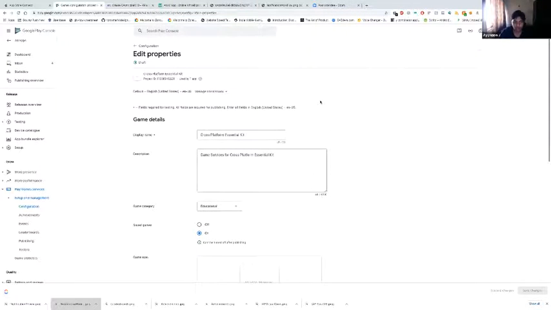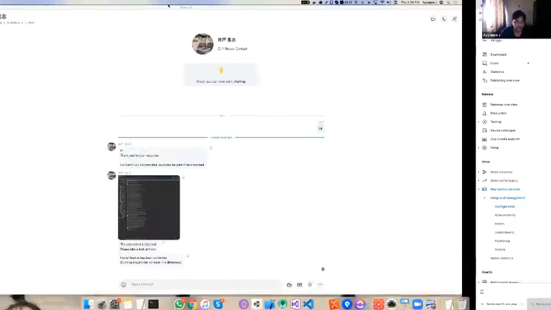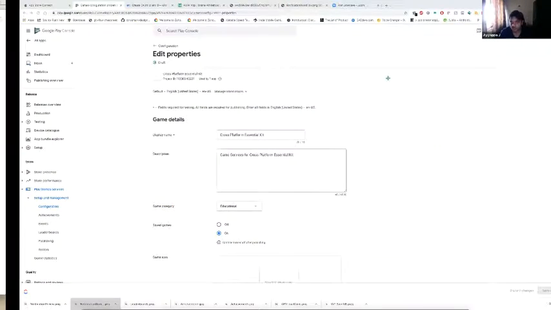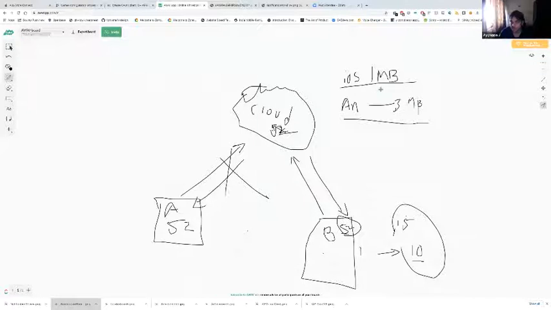And note that this 1 MB and 3 MB, as I mentioned, just to make it clear, is per player. It's not for the whole app. Whoever is logged in successfully can still use 1 MB of storage. And this will be saved in their Drive profile only. So in their Google Drive, the data will be saved. And when it comes to iOS, it will be saved in the iCloud account.